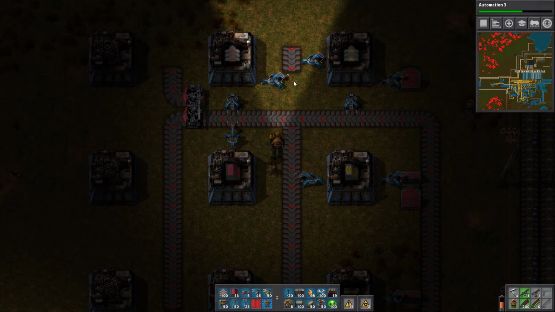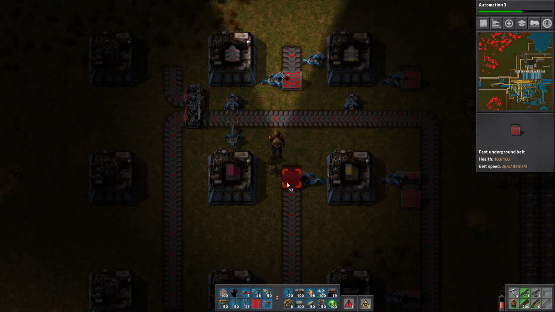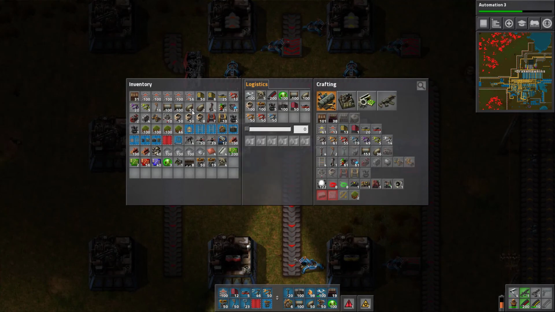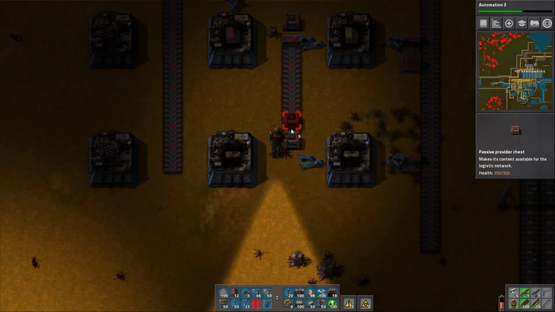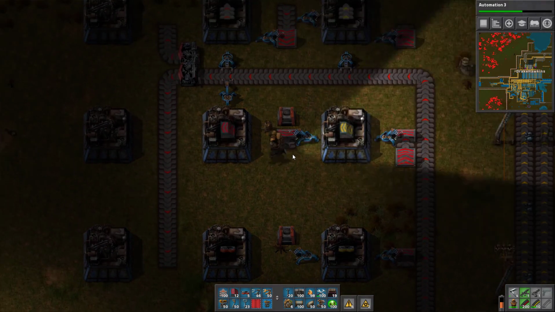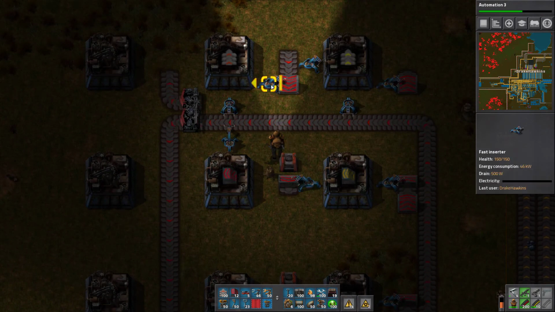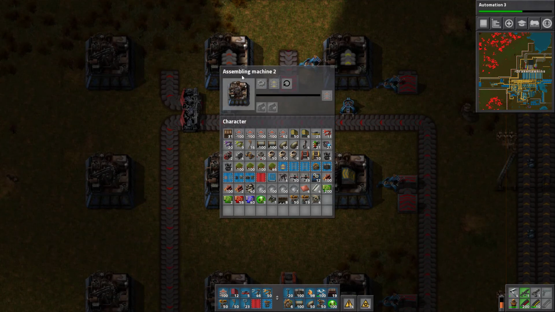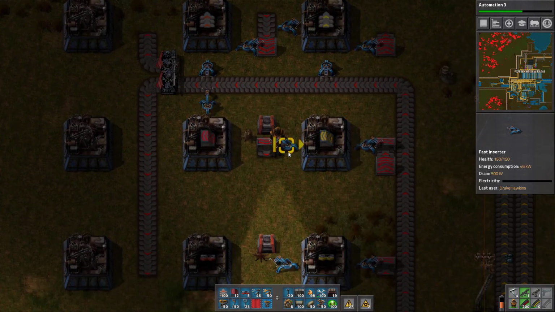So let's do this to here, and then this can be actually not a regular chest. Let's make it a passive provider chest. Let's make another one down here. And so you're gonna dump in there, and then you'll go there, and then you'll get your belts from over here, and your gears from down here. You'll get your gears and your...